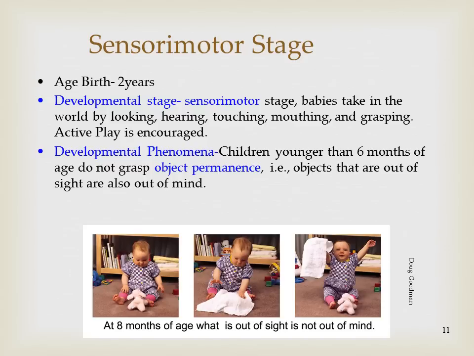So here's a little girl who is 8 months old, and she has her little doggy there, and her mom covers up the doggy. For a little kid, maybe a 6-month-old, they would think that item is totally gone. But at this point in time, she's learning that if she just removes the cloth, the doggy is right there, so she is understanding object permanence, that it's not totally going away.